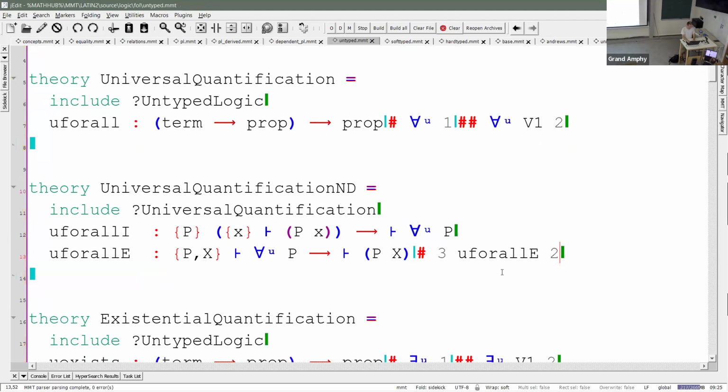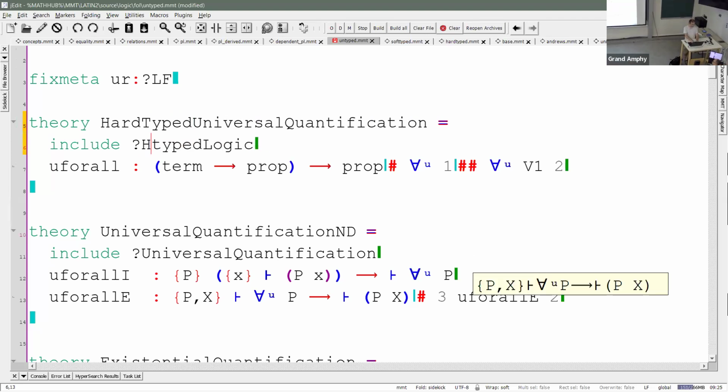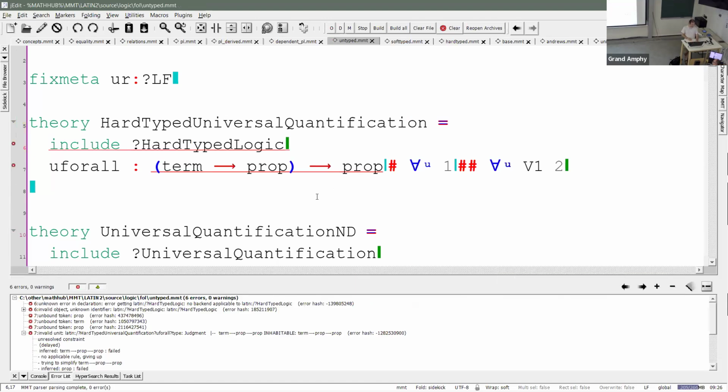You should be getting bored now. And now to wake you up, let's just change this into the typed version. So if I want to instead have hard typed universal quantification, what do I have to do? Well, for starters, I need a different base logic. I need hard type logic, meaning